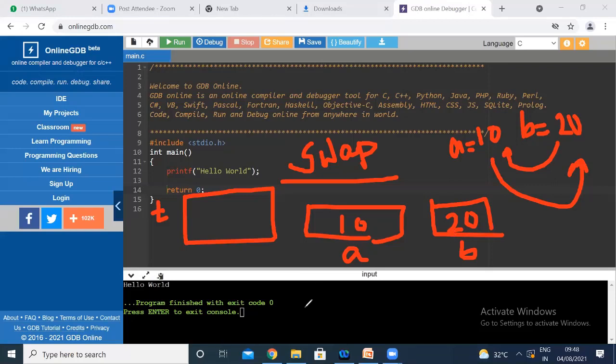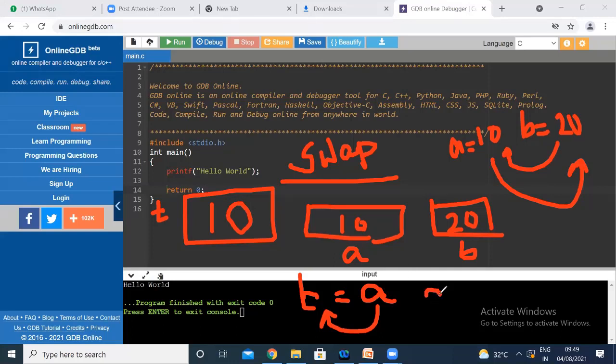First, in temp I am storing the value of A. This is your assignment operator. Already I told you what assignment means. The right hand side value will be sent to temp. Now A has the value 10, 10 is assigned to temp. Now temp consists of 10.